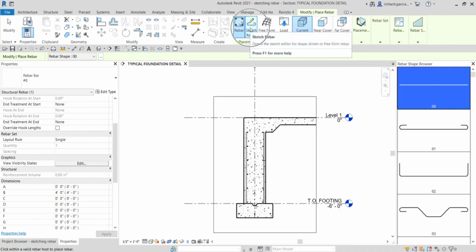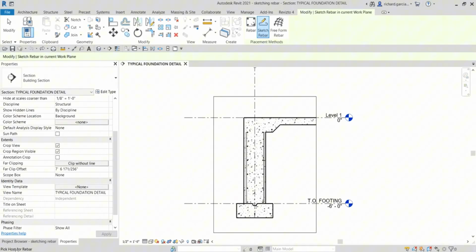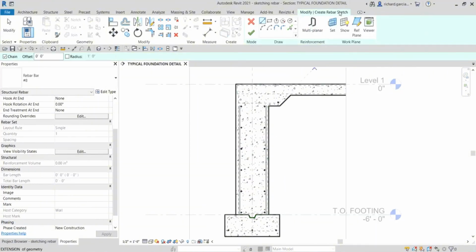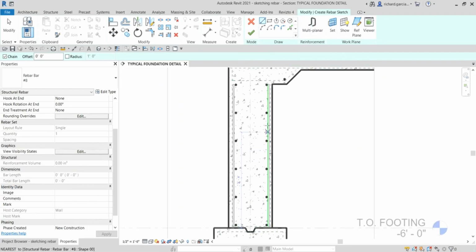Okay, so once I select the sketch rebar, read the status bar. So what does it say? Pick host for rebar. So I want to host my rebar on my wall foundation, which is this one. So I'm going to pick the wall foundation. There you go, and then you will now see the options here on our model. Okay, so we now have the tools here to sketch, and then we also have the reinforcement panel as well as the workplane panel. Now for this one, what I'm going to do is I'm going to use the line